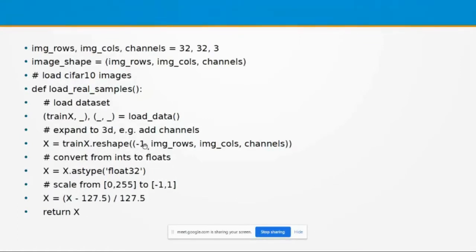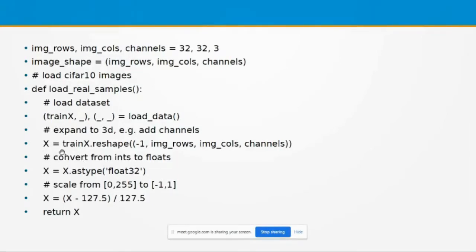To add a new channel, we can use this functionality. Initially we have, for example, 70,000 images, and instead of this -1, it replaces 70,000. All the images are of size 32 by 32 by 3, and to get that information, we have to reshape. So that reshaped set of images is now available in X.